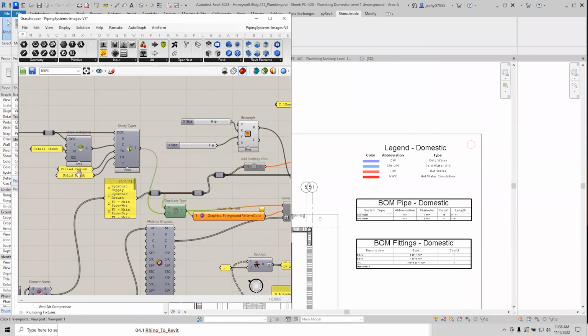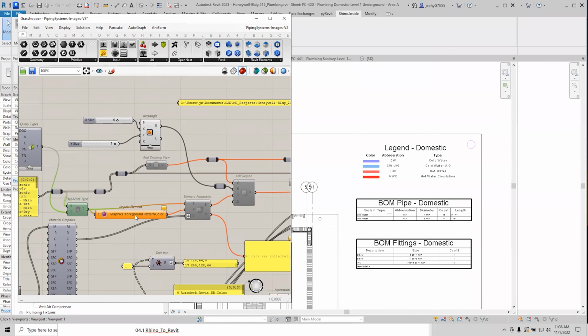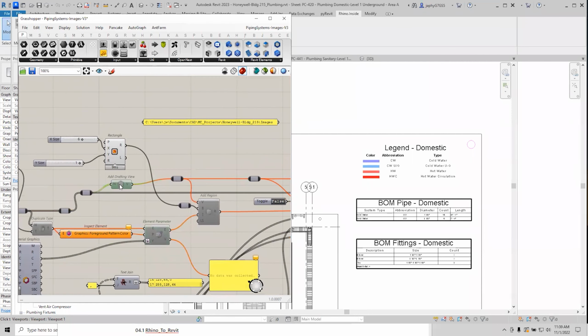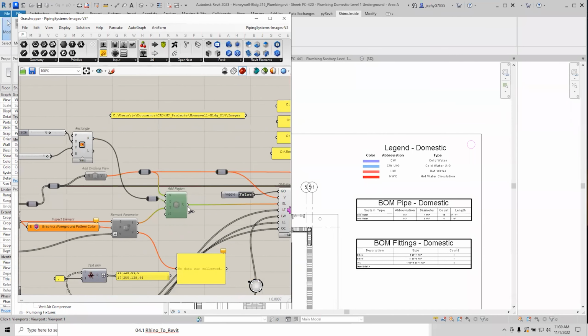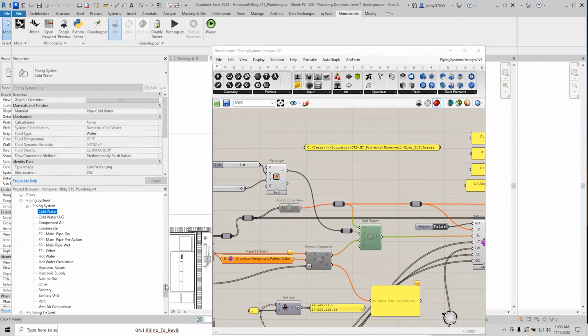And then I was able to get a filled region, duplicate the filled region, apply that color to the parameter of the filled region,